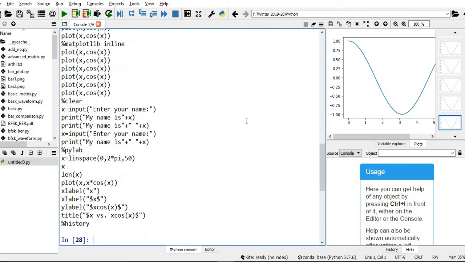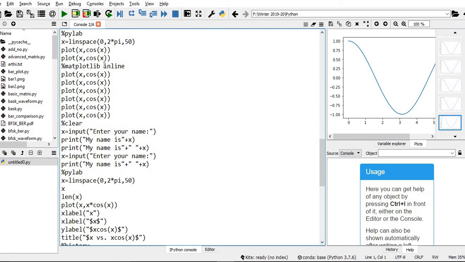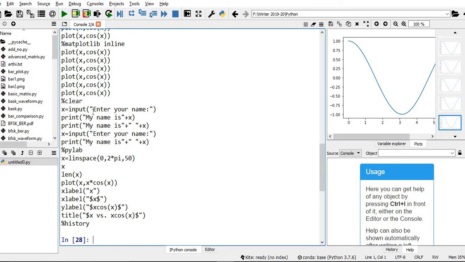So you can see, earlier, before starting this video, I was checking some other commands, linspace, all those things. In the previous video, we used the input method and discussed how to take user inputs. So those things are available here. Then in this video we started with PyLab, linspace. Then we displayed the value of x, then length of x. We plotted x label, y label, x label two times without that dollar symbol to see what happens. Then y label, then title, and finally the most recent command, history, is also displayed here.